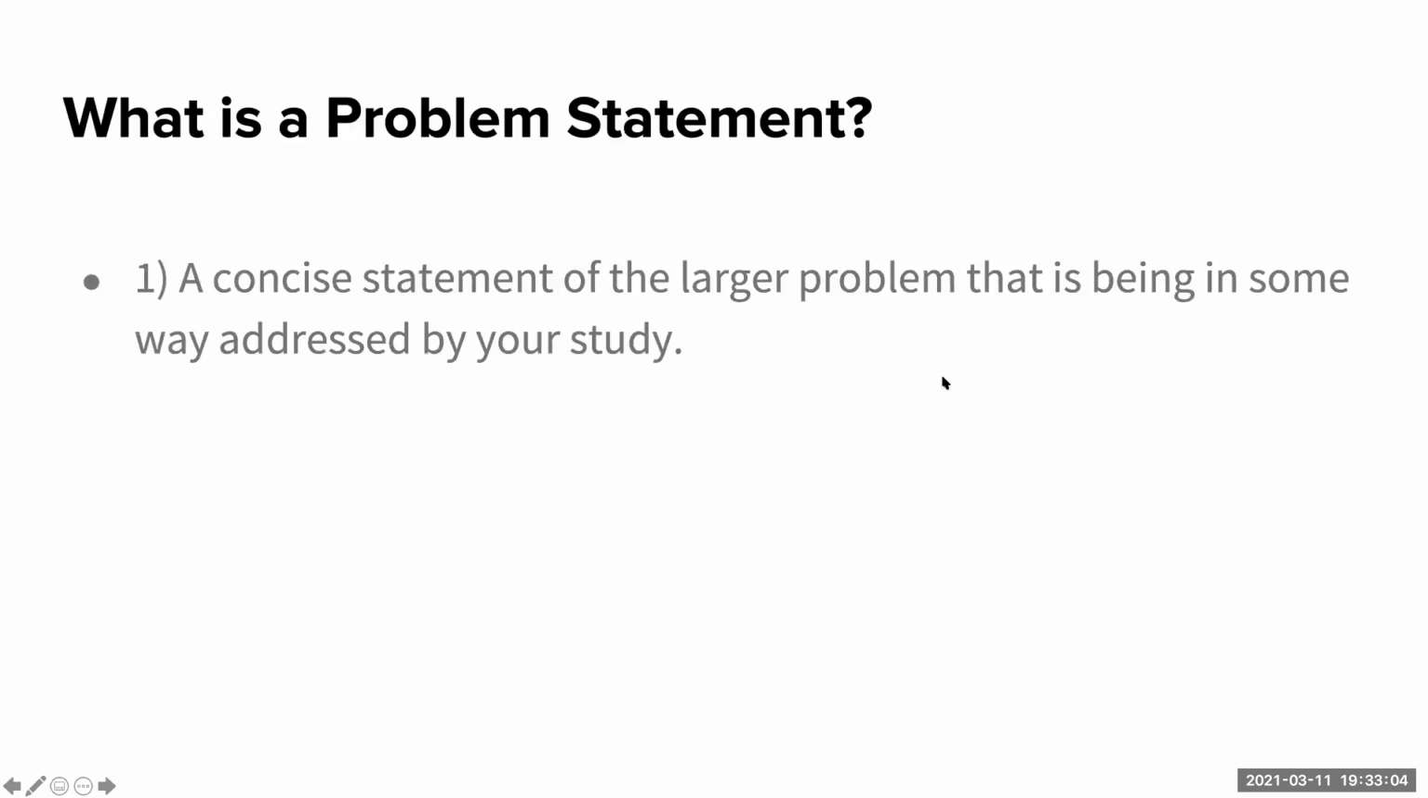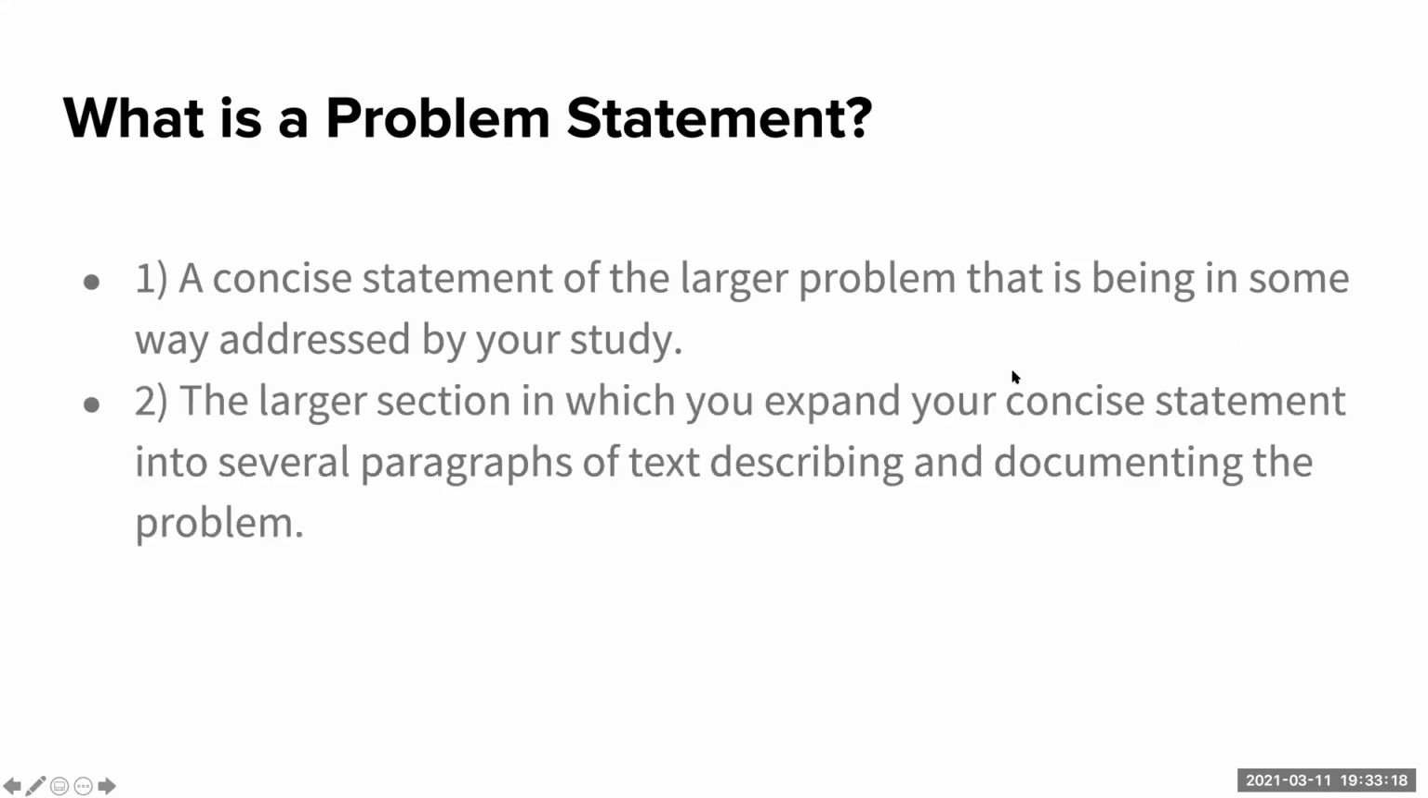So problem statements. Your problem statement is first a concise statement of the larger problem that is being in some way addressed by what you are doing. It also refers more broadly to the section, whether it's called problem statement or statement of the problem, the larger statement in which you're expanding that earlier concise statement into a couple paragraphs usually of text that describe and document the problem. Tell us how you know it's a problem, tell us what the scope is, and also